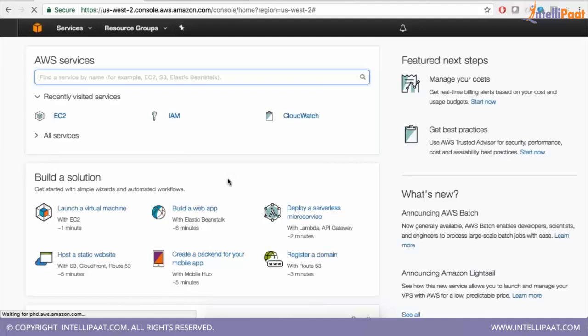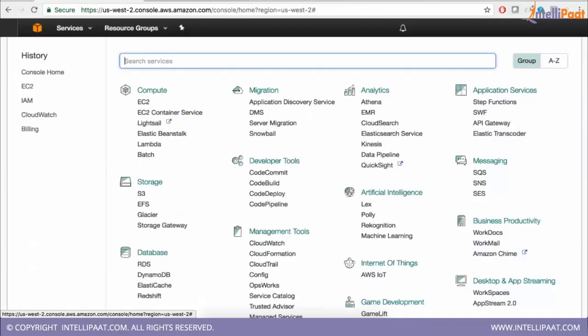You can directly log into that account. Once you log in, you can see an orange box on the top, and then the console. You can see the services. Click on services, and we need EC2 instances, which are virtual machines. So we are going to click on EC2.